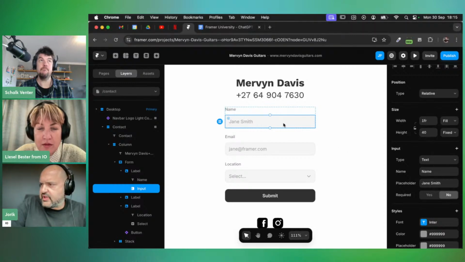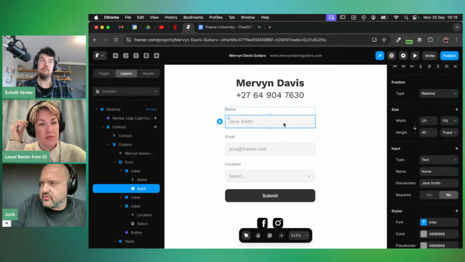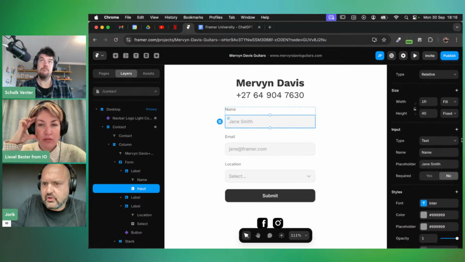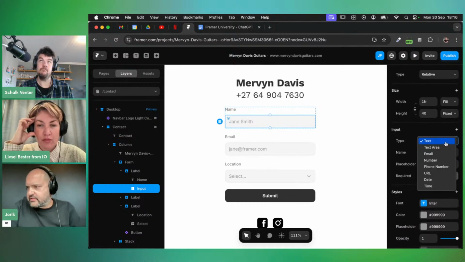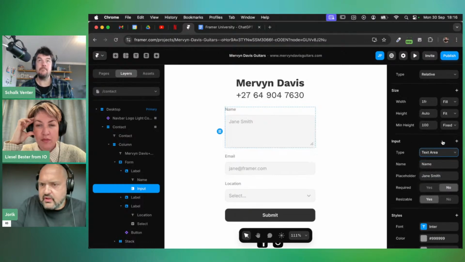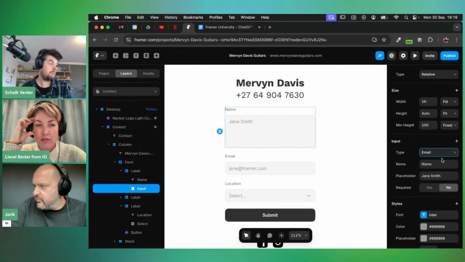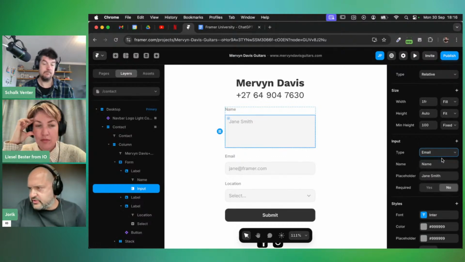These inputs actually have browser native validation, to make sure visitors add properly formatted text. We can tell the browser what to expect by choosing an appropriate type for each input. We can choose between text for a single line of text, like a name, text area for multiple lines or even paragraphs of text, email, which will validate the format of an email address and prompt mobile browsers to adjust the keyboard,